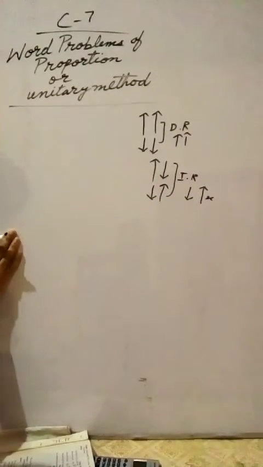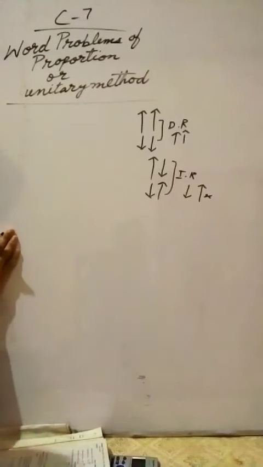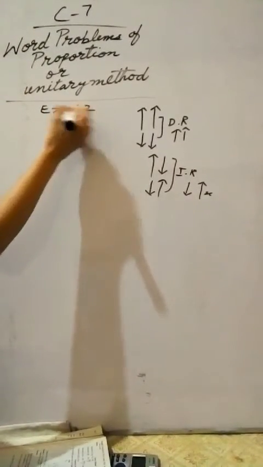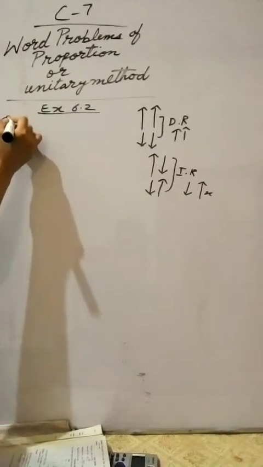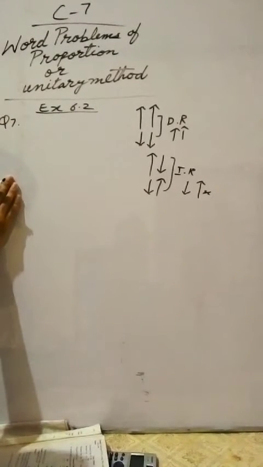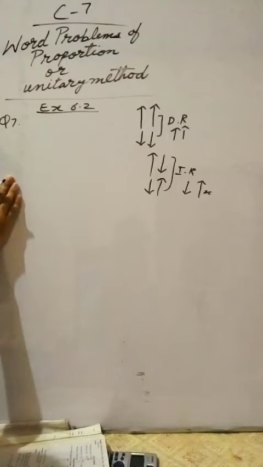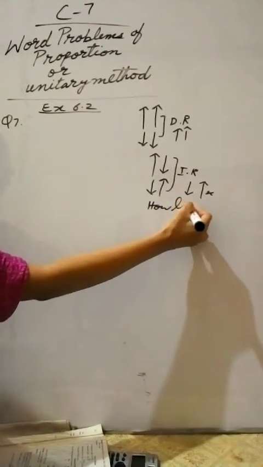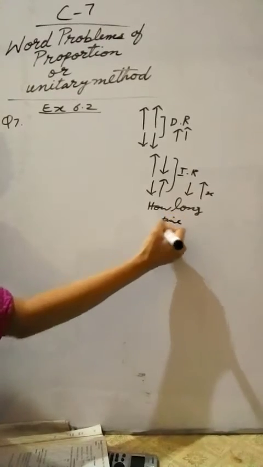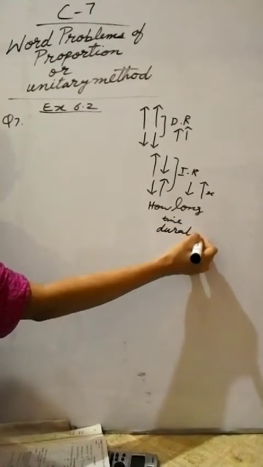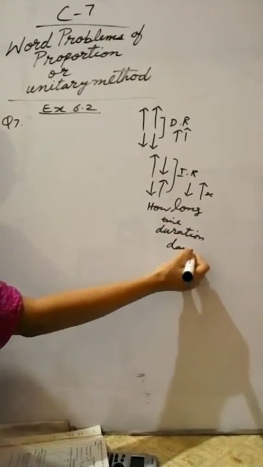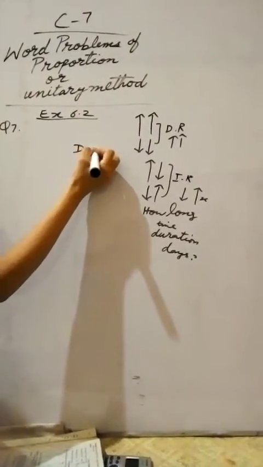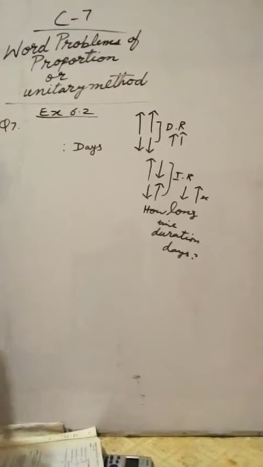But how to solve the question? Let's see, we have a question, exercise number 6.2, question number 7. An army camp of 200 men has enough food for 60 days. How long? How long means days, time, duration. So it means we need to find days. We always need to write the finding thing on the right hand side, so days, and the relationship between men